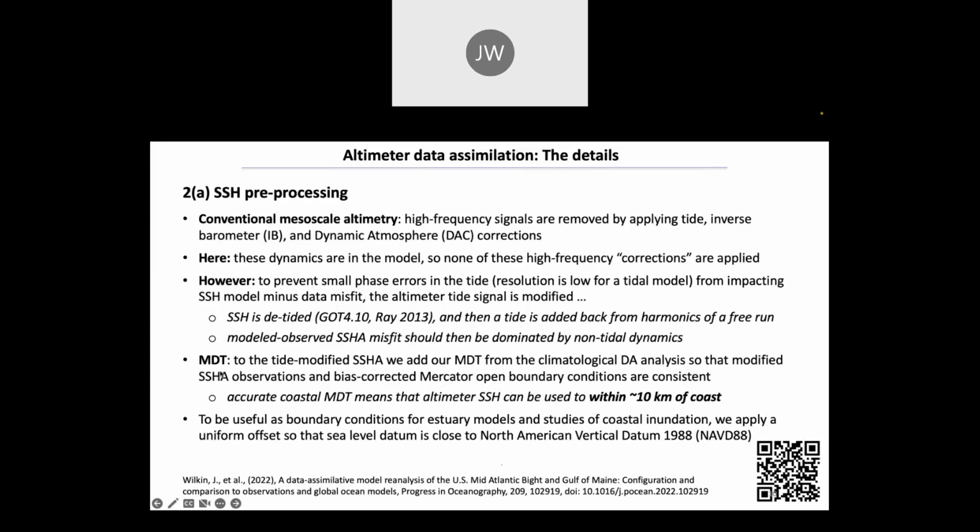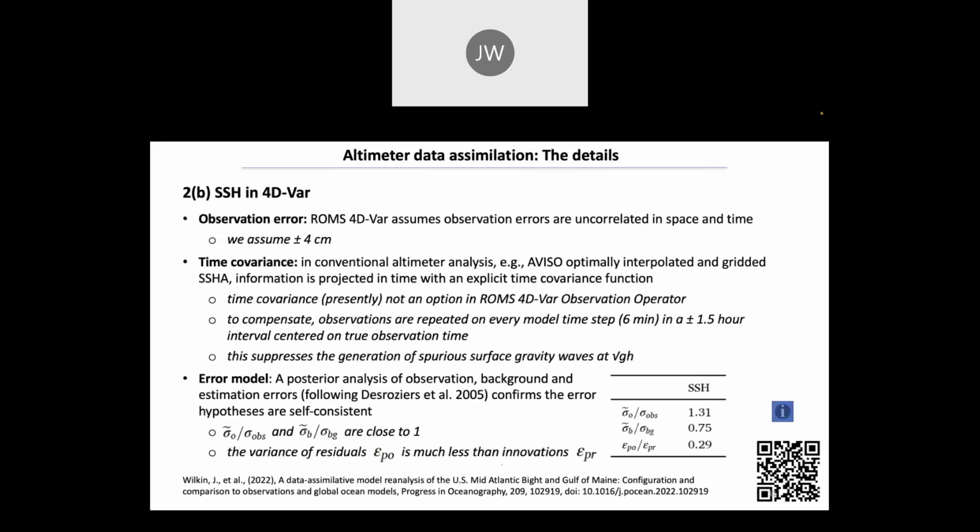The MDT, as I said, is the one that we've computed from our climatological 4D VAR. So we end up with observations and a model that should all be self-consistent with the open boundary conditions from Mercator, to which we have added in the sea level variability due to atmospheric pressure from the inverse barometer. And we therefore use altimeter data to within 10 kilometers of the coast. We subtract off a uniform value to bring the mean dynamic topography as close as possible to the regional sea level datum for this coast, which is the North American vertical datum, NAVD88, that the inundation people would be using